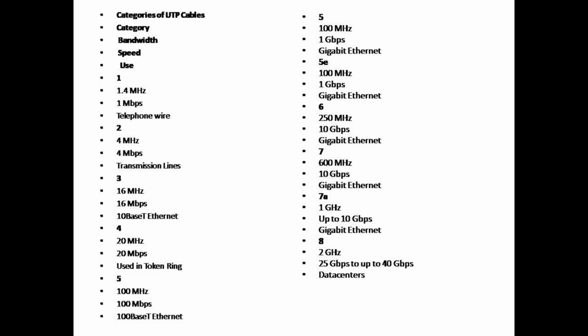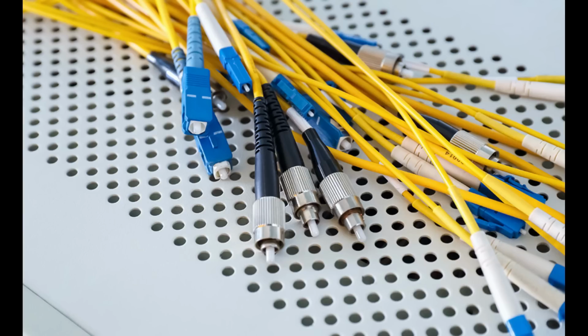Category 1 has a bandwidth of 1.4 MHz, 1 Mbps speed, used for telephone wire. Category 2 is 4 MHz and 4 Mbps transmission, and Category 3 is 16 MHz, 16 Mbps, Ethernet. Then 20 MHz, 20 Mbps, 100 MHz, 100 Mbps, and 100 MHz for the 1 Gbps Ethernet cable. Cat 5e cable is 1 Gbps Gigabit, and